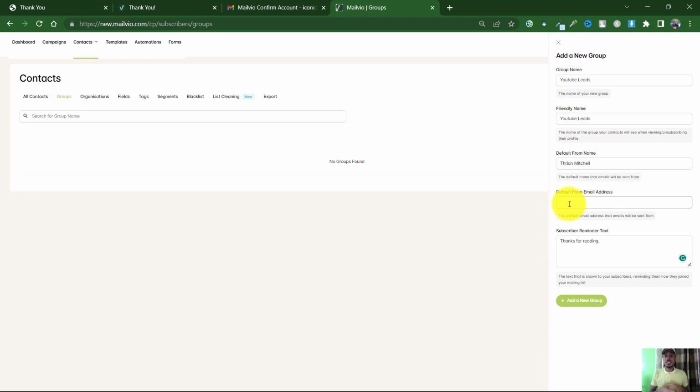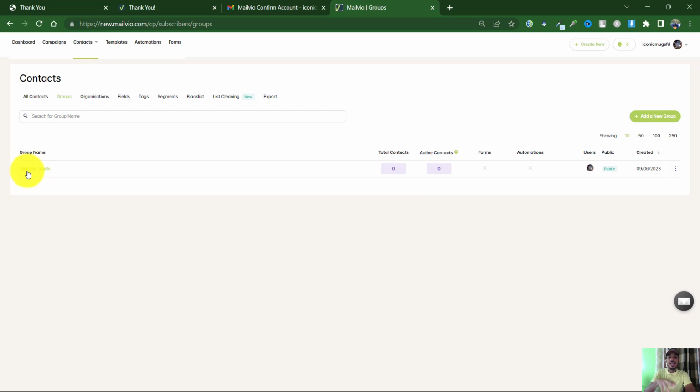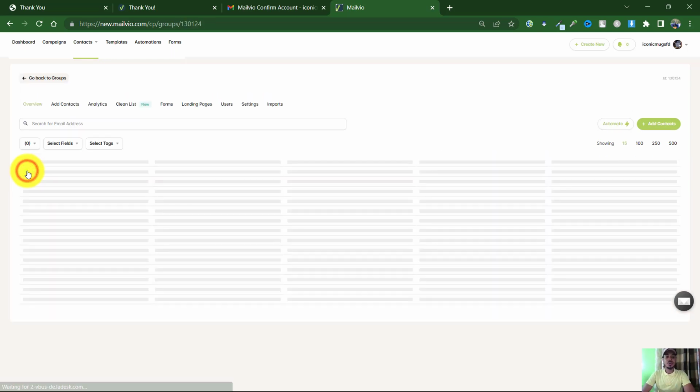It must be a business email. So you need a domain name and you need a business email associated with that domain name. Okay, and once we do that, we have our group. So with our group set up, next thing we need to do is click into our group, and then we